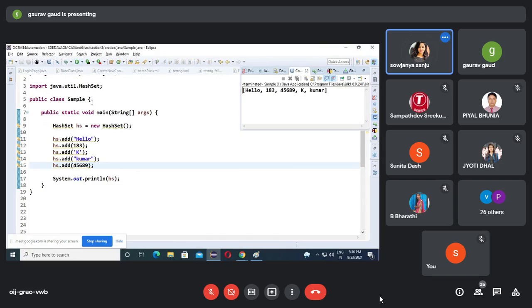Yes, so is insertion order maintained? Yes, no? Okay, data is arranged on the basis of what?